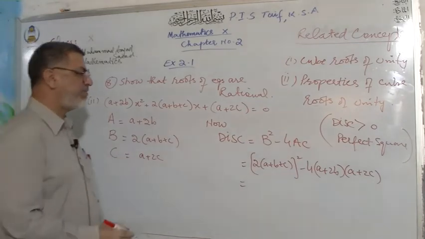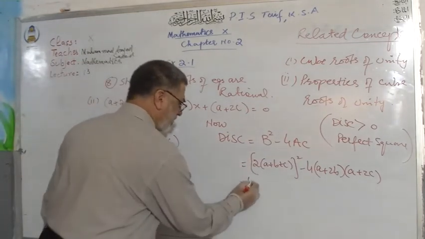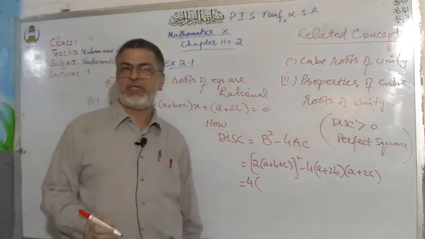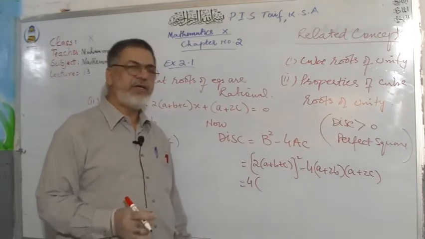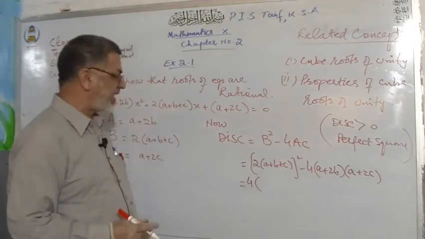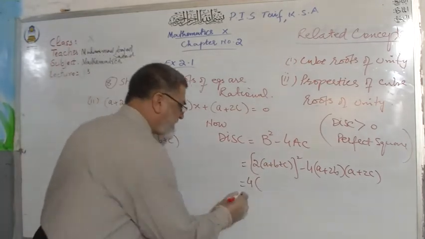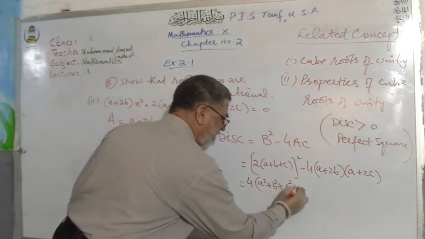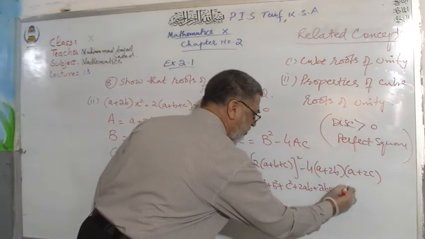Now we can open up the formula of square. First of all, this square is on both 4, and remember that you have seen this formula in exercise 4.2 in your 9th class mathematics subject. That was the square of 3 terms: first square plus second square plus third square plus 2 into first second plus 2 into second third plus 2 into third first.